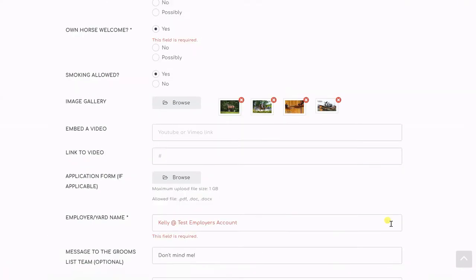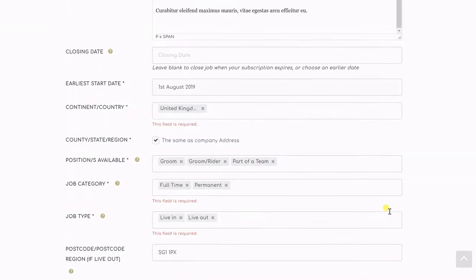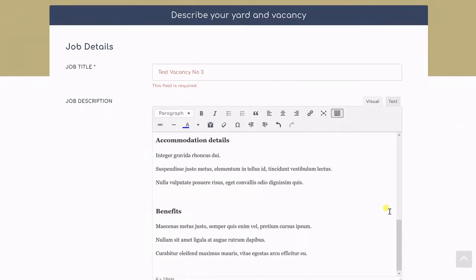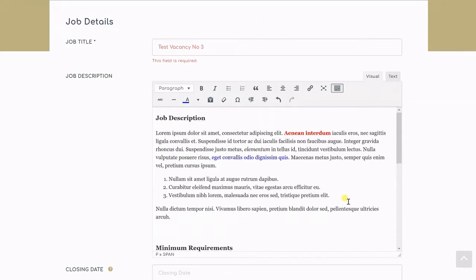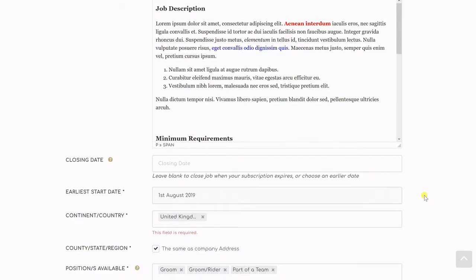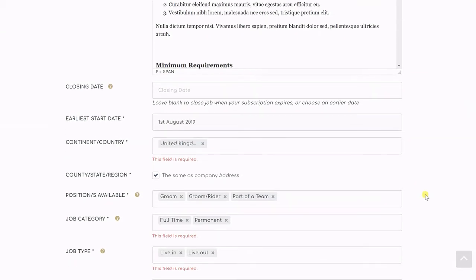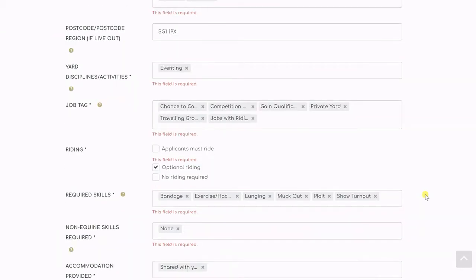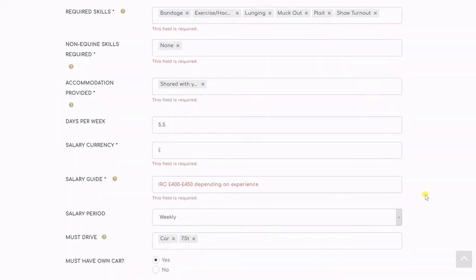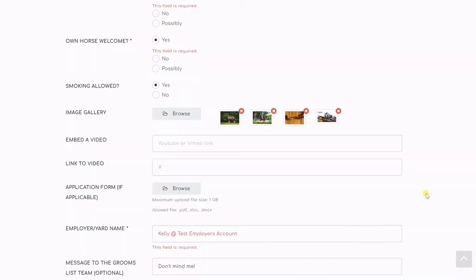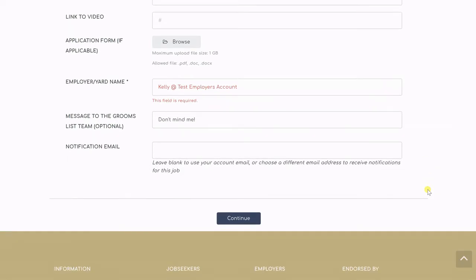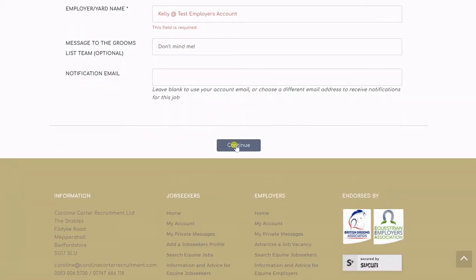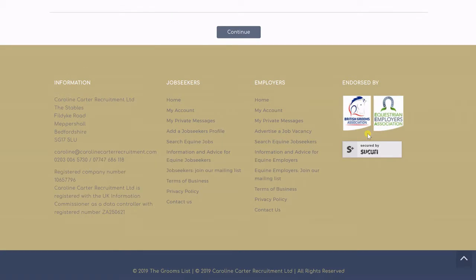So once you've filled out all of the details in your advert and everything is complete, and you've had a good think about everything that needs to go in the advert, especially things that will attract job seekers and make your job look a good career move, fun, ideal for them, anything that is going to make your job stand out and attract applicants, once you're ready, if you click on continue,